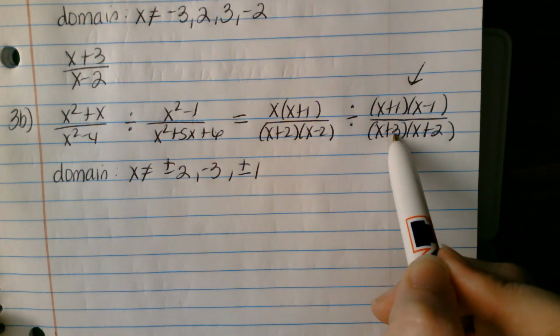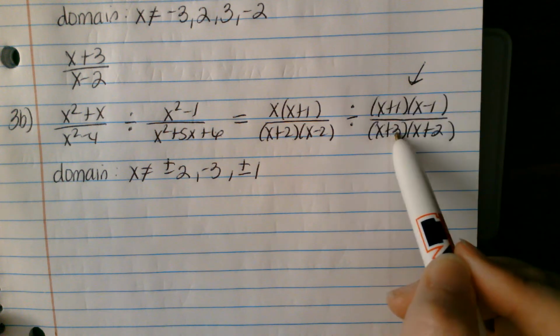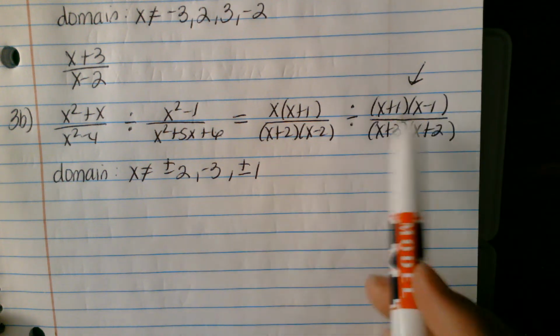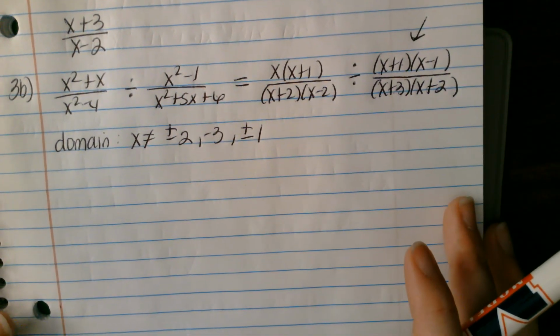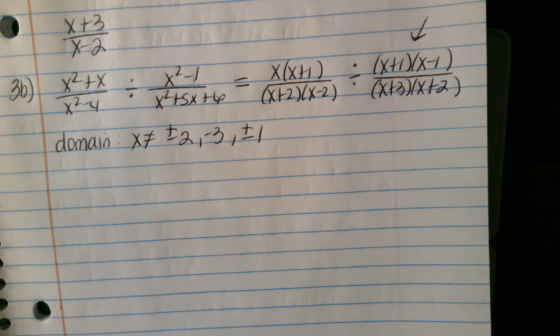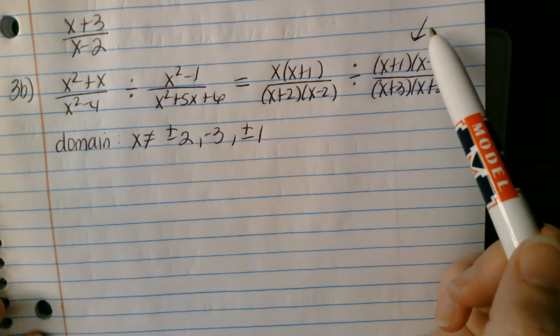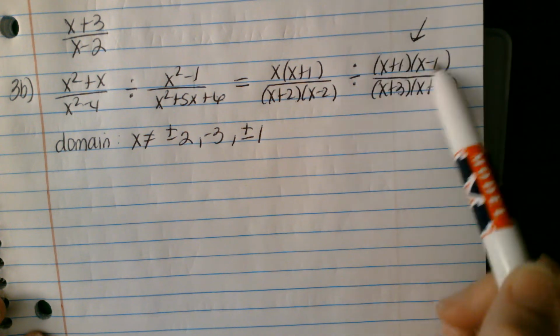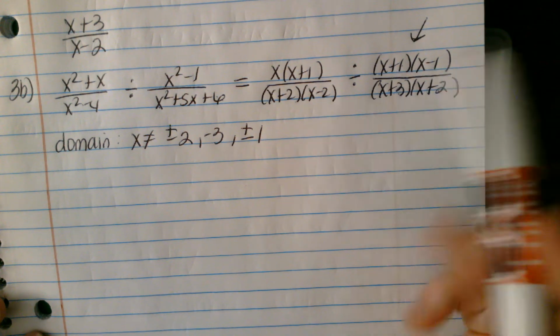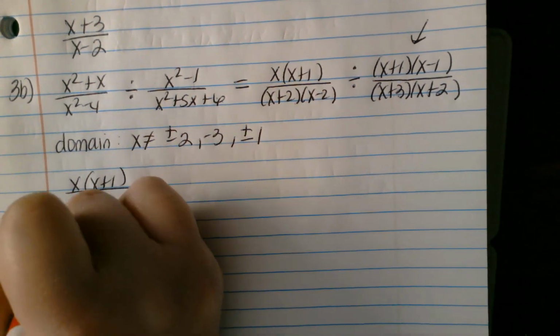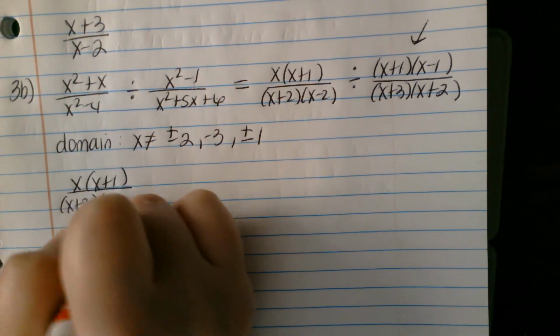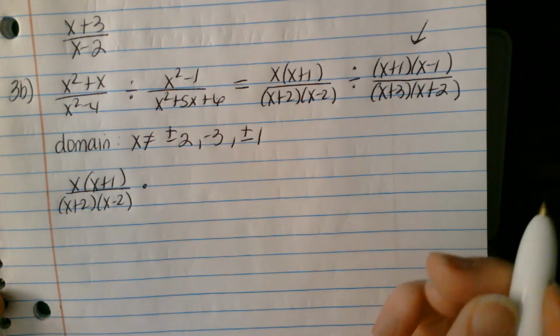Because either of these will make it undefined, and this one will make the entire thing 0, which means you're dividing by 0. So you have to set this, this, and that all equal to 0 to find your domain. Okay, from here, this is when you do the keep, change, flip, and then cancel. So the 2 extra steps, right? You have to set this one equal to 0 as well for domain, and then you have to keep, change, flip. So we keep this one, x plus 2, x minus 2, and then we change this to multiplication,